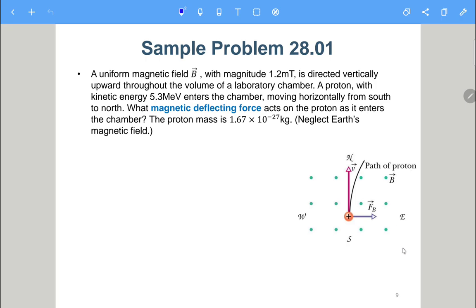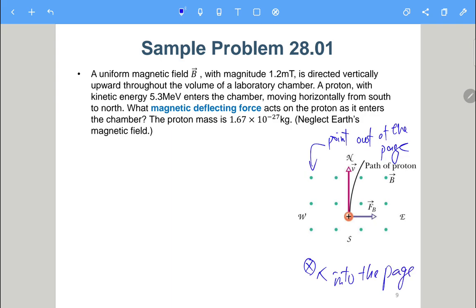So here we can see the magnetic field, the blue dot. The blue dot means pointing out of the page. If we use a circle with a cross like this, it is pointing into the page. So out of the page, into the page. Here the B field is pointing out of the page, and this proton is